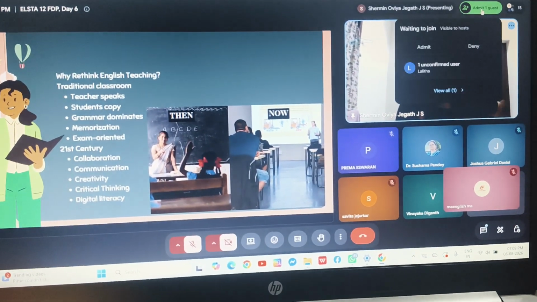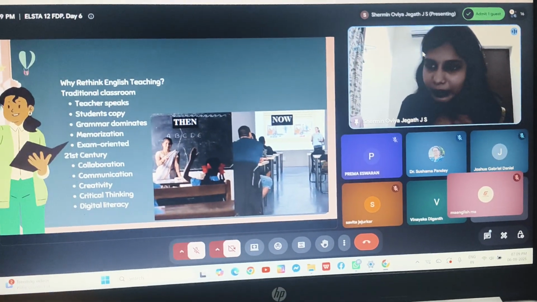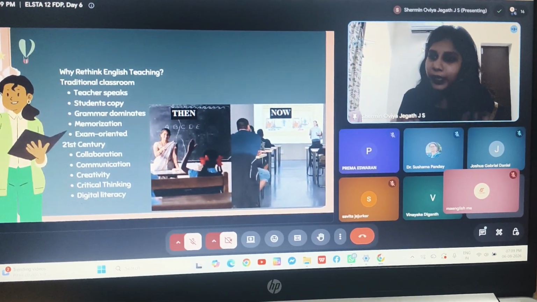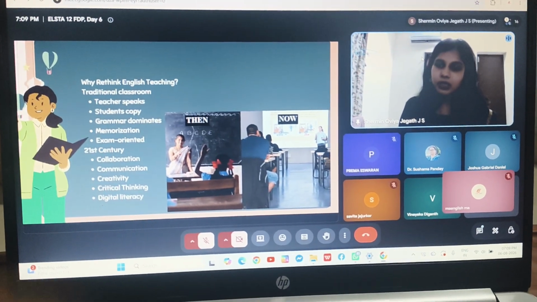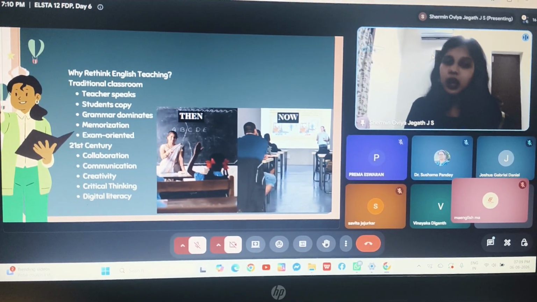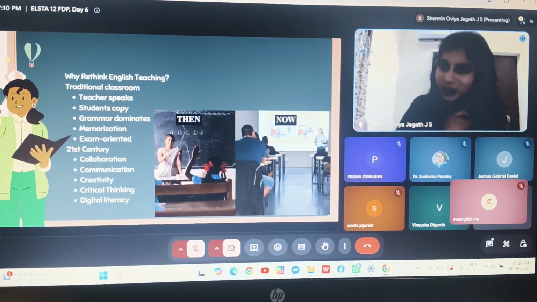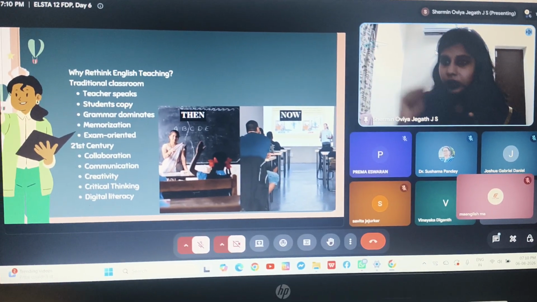They might stutter. They might stammer. They don't know what to speak. Their grammar will be terrible, because the rote learning and all the teaching methods that they might have been exposed to in their schools or in their colleges might have taught them the written skills. The speaking skill would have been omitted.